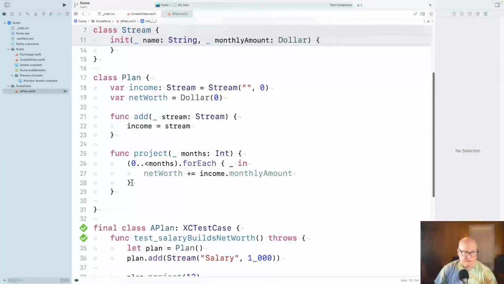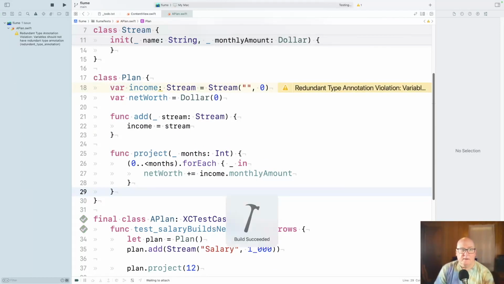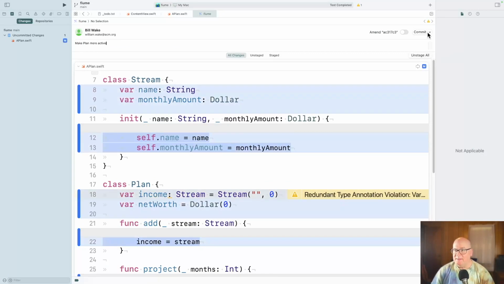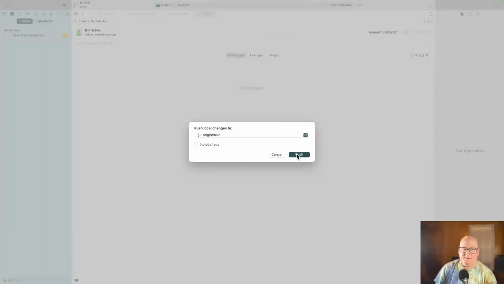Okay, I believe this will do the same thing. Let's run it again. All right, let's commit that. I don't know. Still early. Okay.